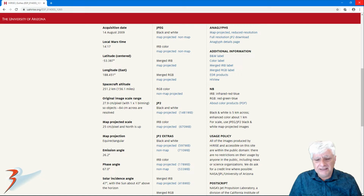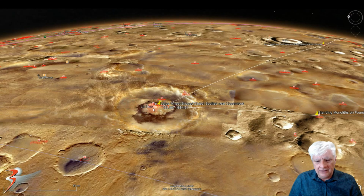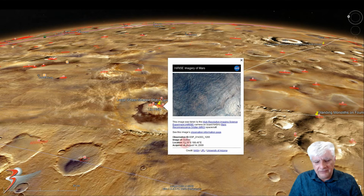We're looking at anomalies cropped from the JP2 black and white map projected file, and there's a crop from the low-res black and white JPEG. That large wheel-shaped anomaly is located over here in the top left. We'll be analyzing the anomalies in this region, very close to the Copernicus depression to the left. The location is 53.39 degrees south,